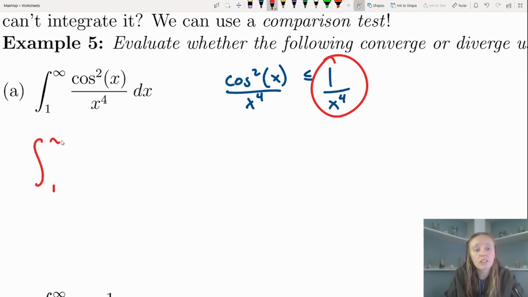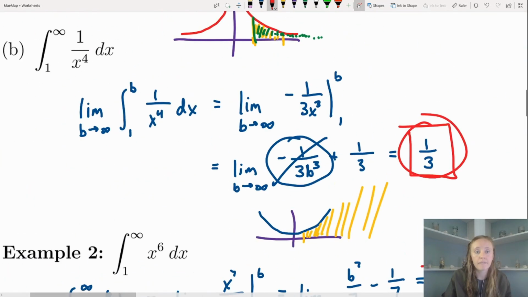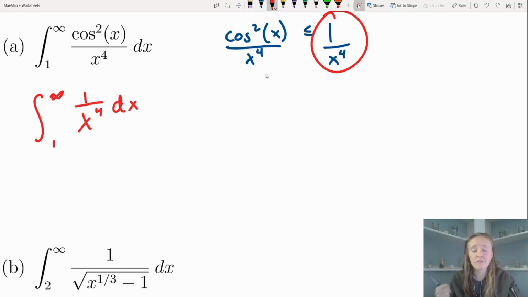But wait a second, we know exactly what happens to 1 over x to the 4th when we integrate it from 1 to infinity. We did that back in example 1. If we scroll back up to example 1, from 1 to infinity, 1 over x to the 4th dx, when integrated, was some finite value. When it was a finite value, that meant that it converges. So because we have a finite value for 1 over x to the 4th, if we're integrating some function and we know that it converges,